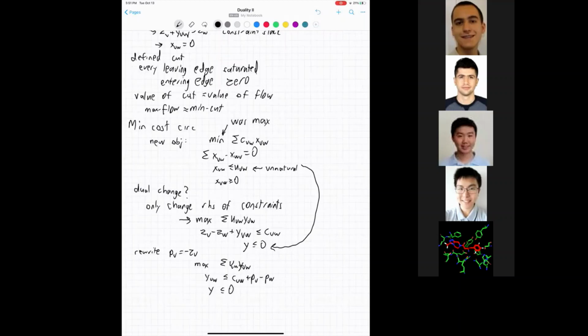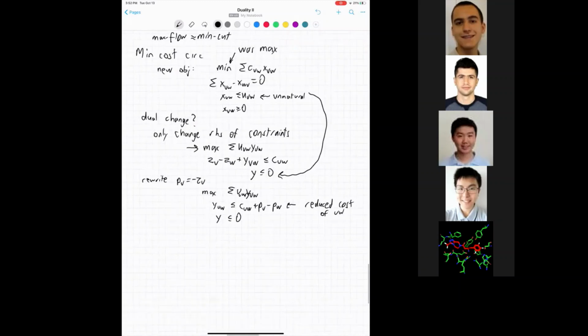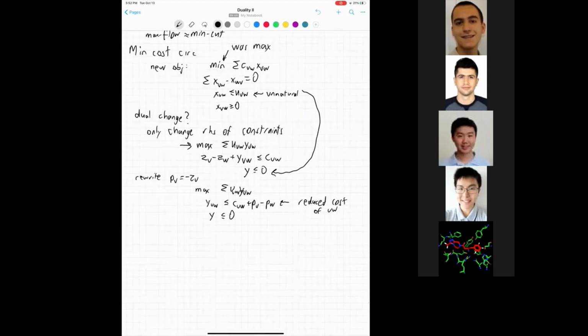Now, does this remind people of anything in min cost flow? This quantity, CVW plus PV minus PW, have we seen that before? Reduced cost? That's the reduced cost of edge E. Okay. So what this is saying is that the reduced costs, sorry,